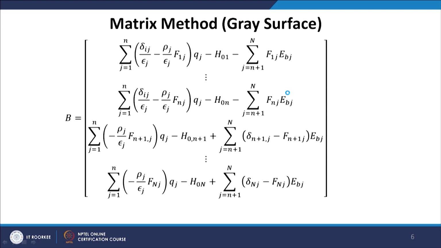The right hand side again contains the known fluxes for the first n surfaces, external irradiation and known MSC power from surfaces n plus 1 to N, and we can apply the same or similar method for the system of linear equations to solve this type of problem. So, this is how we can basically write the energy balance equation for surfaces in an enclosure, which is an idealized case, and solve it on a computer.